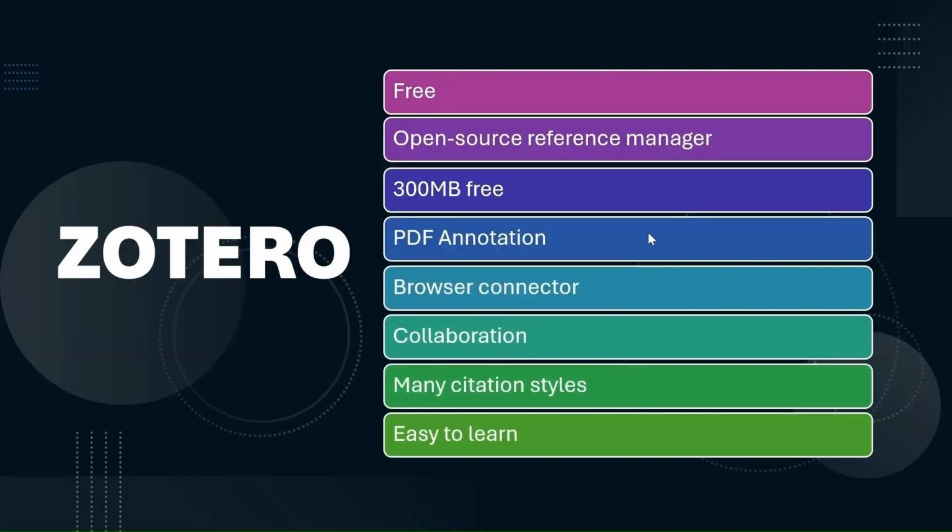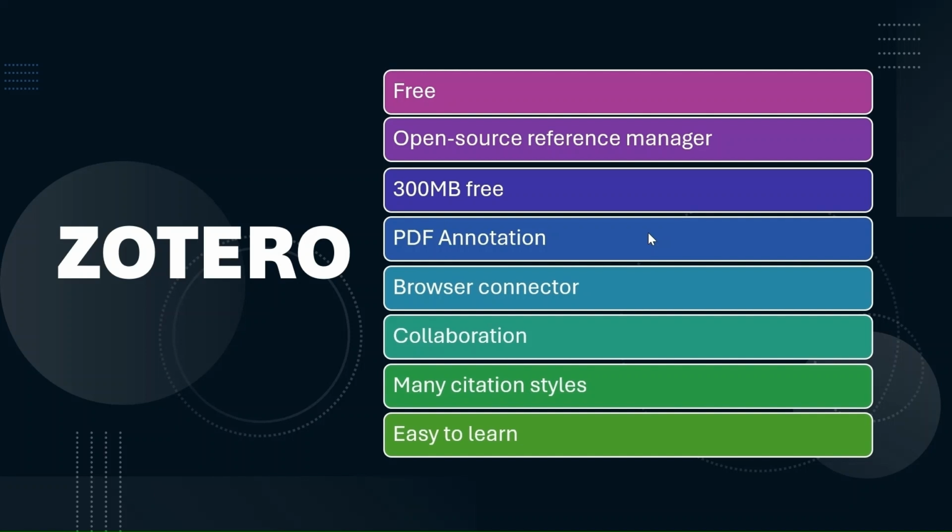First, we can look into Zotero. Zotero is a must-have for academic writing, and by the end of this video, you'll know exactly how to use it, from installing it to adding citations to your papers. So Zotero is a free open source reference manager. It lets you save books, articles, web pages, and PDFs all in one place. You can think of this as your digital research assistant.